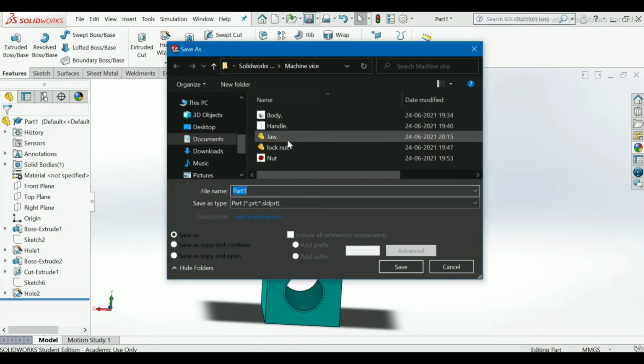Make sure that you make 2 folders here, one for the components machine-wise and another one for the assembly. I have made component files of this machine-wise, you can save it here. First I will give the name, save.